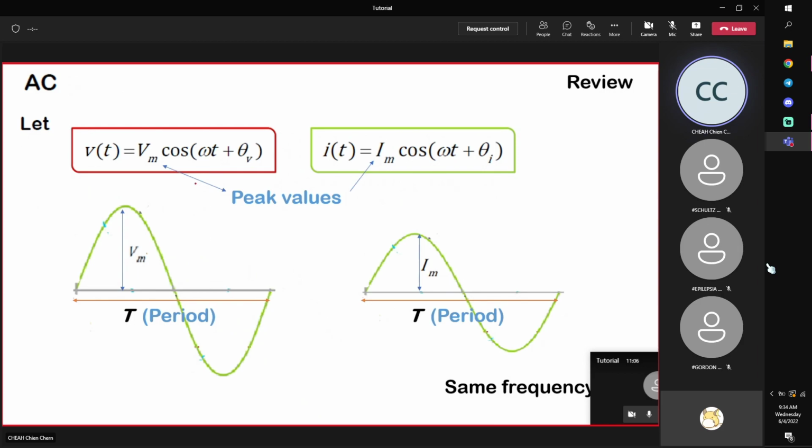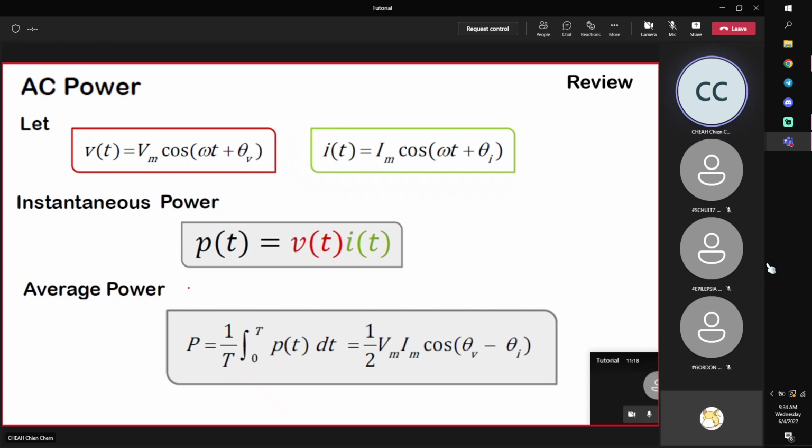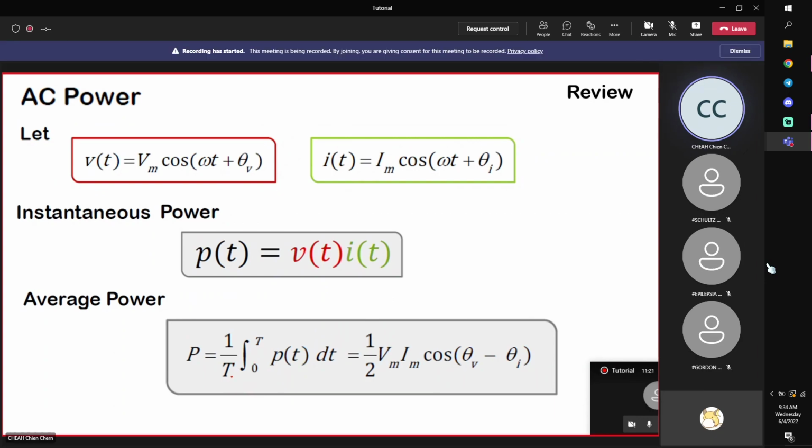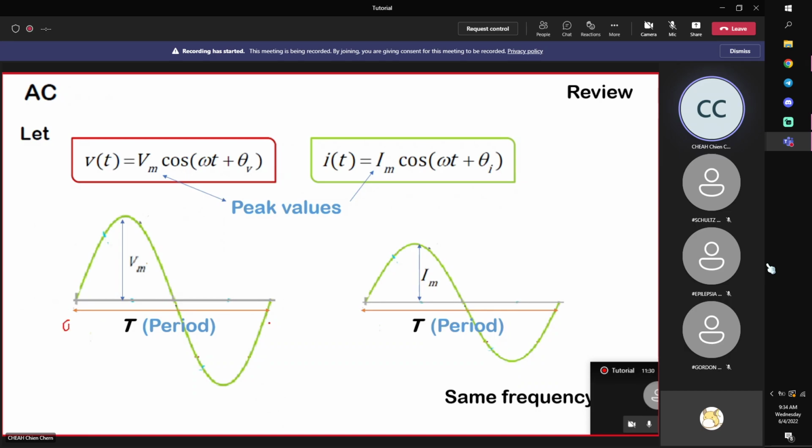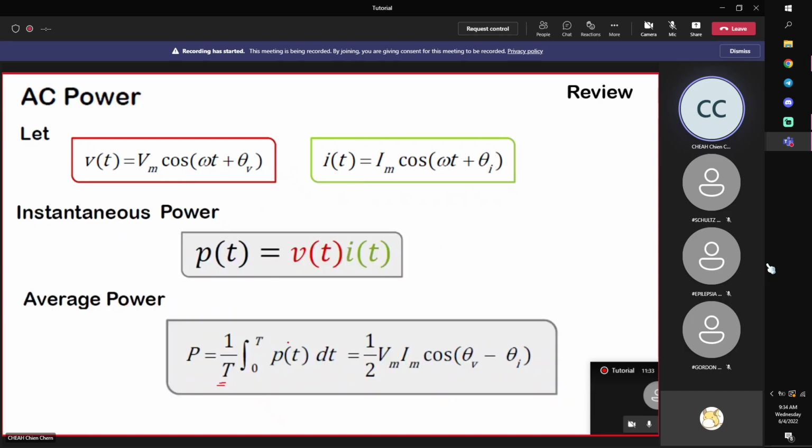Since an AC signal is a periodic signal, which means that it repeats within a period determined by the frequency, in calculating the power, usually we take the average over a period T. This means that you integrate the instantaneous power over a period from 0 to T to calculate the so-called average power, and it is divided by T. We know that integration is the area under the curve, so this gives you the total within one period, and you divide by this period